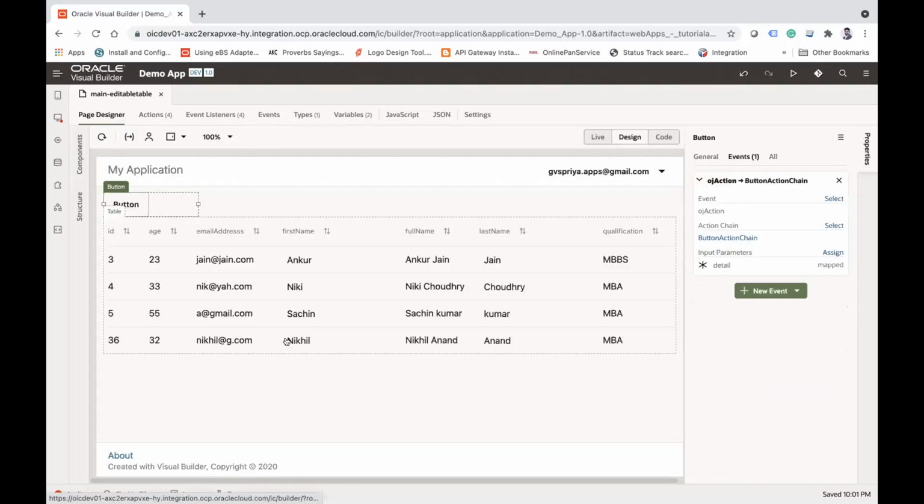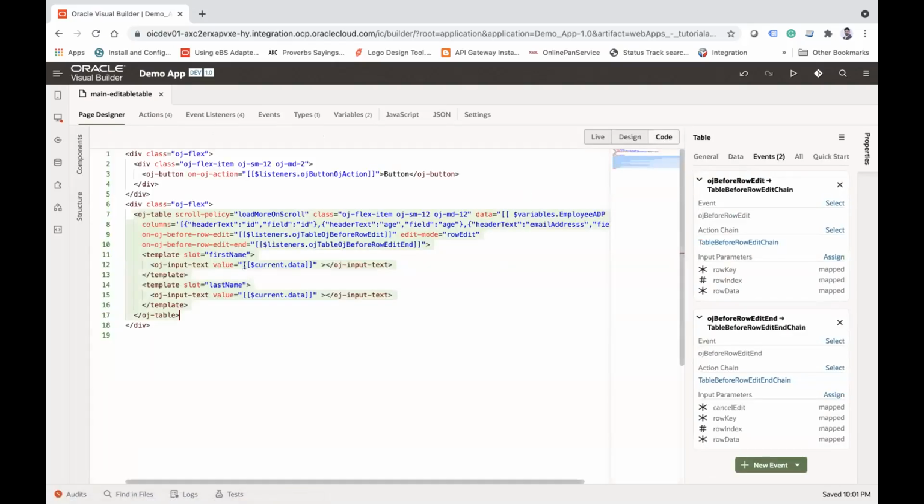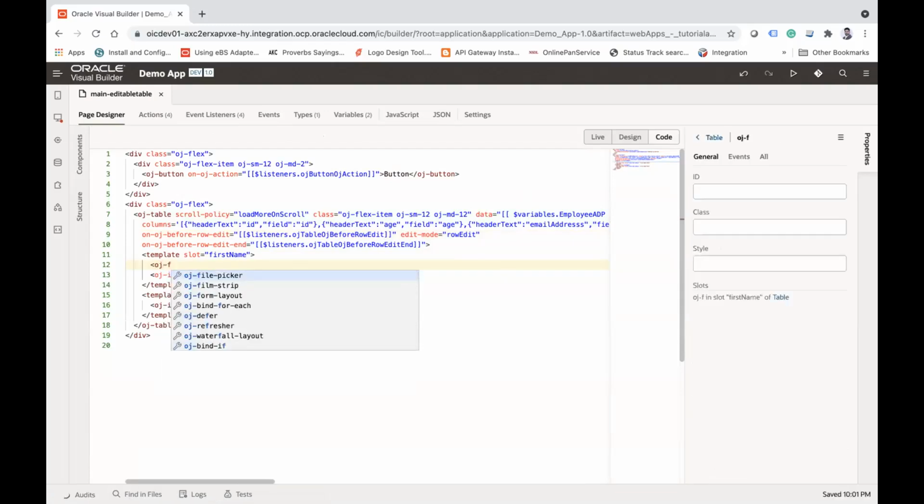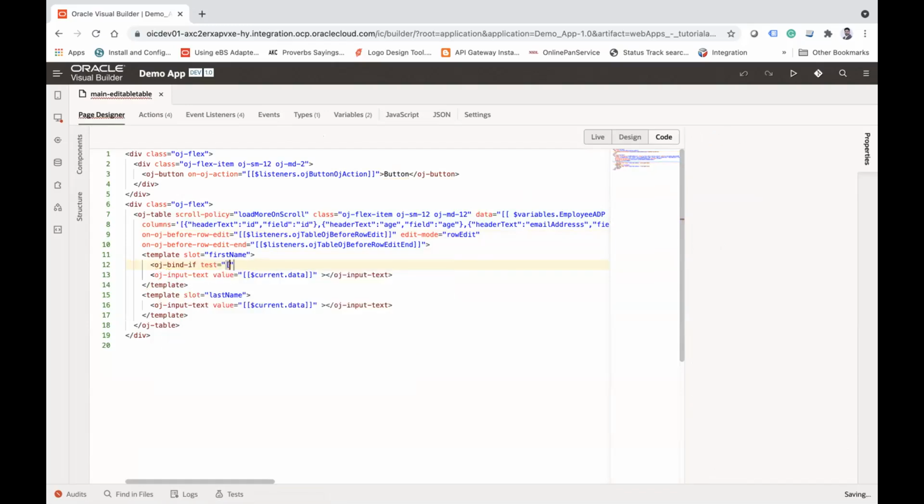Still, there are some other things which I need to do. I need to go to the code, and here I have to apply few conditions here. So here I will say OJ if, bind if, test. I'll say if current dot mod equals to